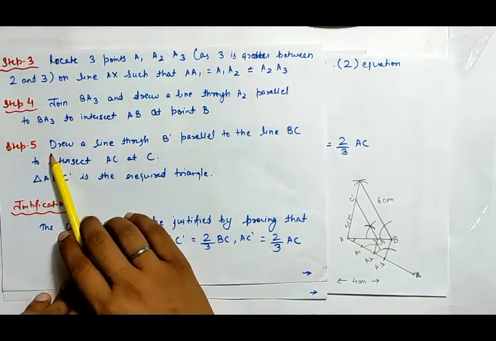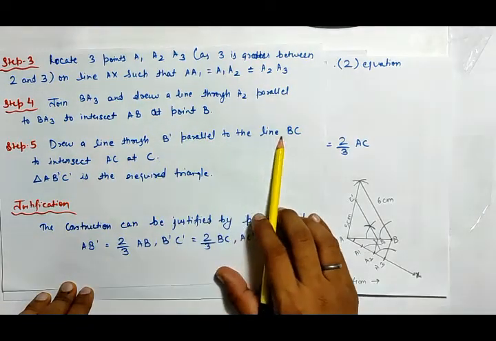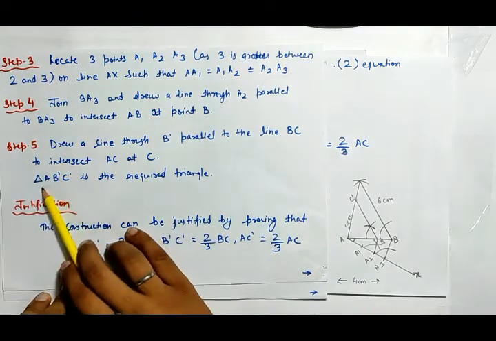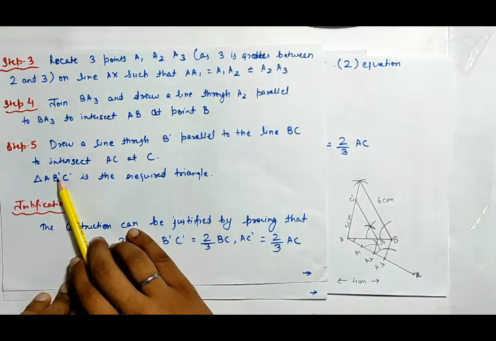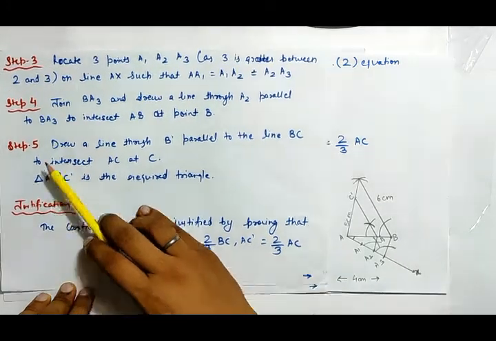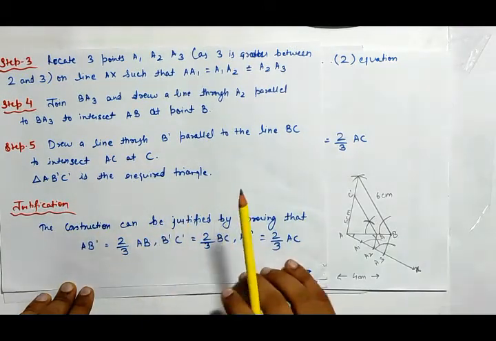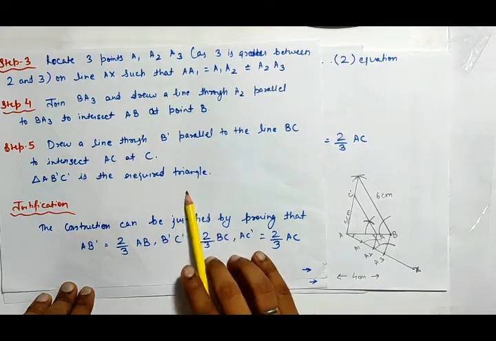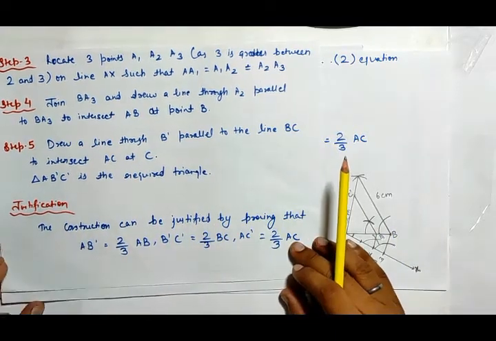Step number 5 is draw a line through B dash parallel to the line BC to intersect AC at C dash. Triangle AB dash C dash is the required triangle. So here what we have to do is we have to justify the